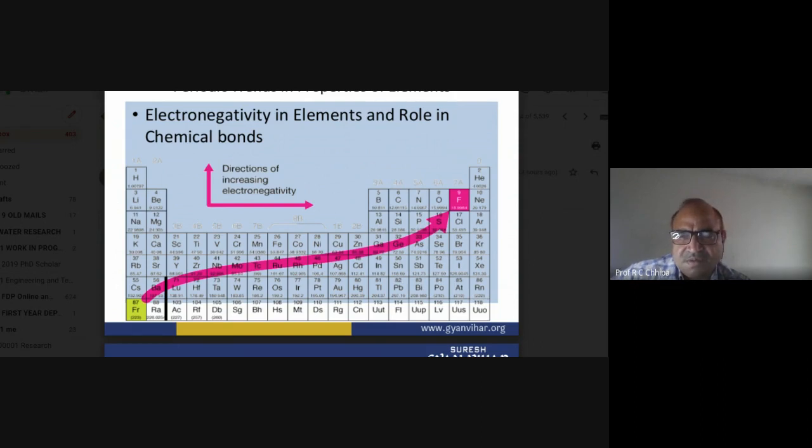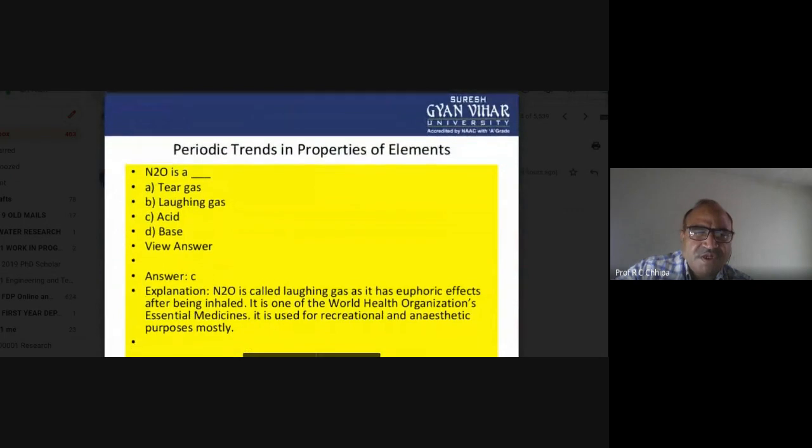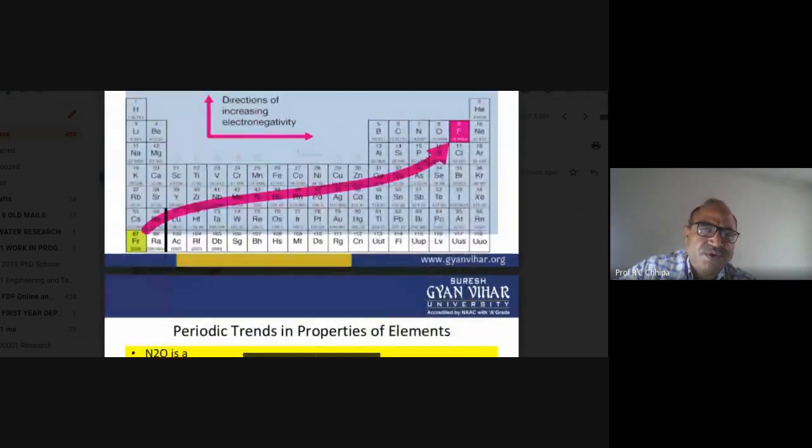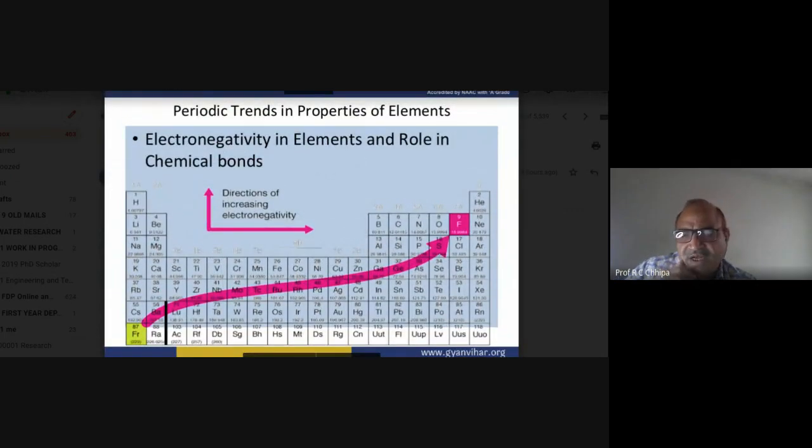Here, when these are the stable noble gas configuration, this one is also mentioned. So lastly it is attained up to the fluorine, that is 4.0. Similarly, there are other properties of different elements, and those are the electron affinity as well as the ionization energy, and we already discussed